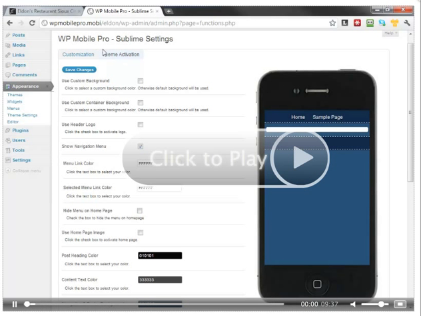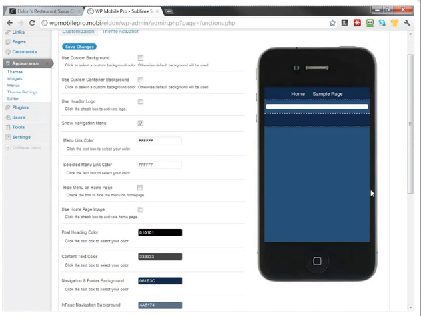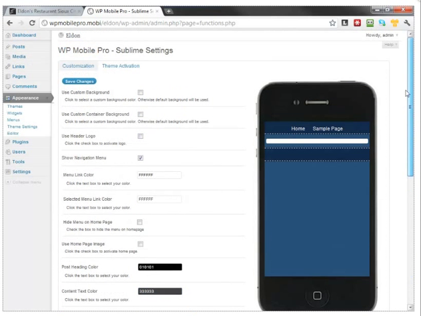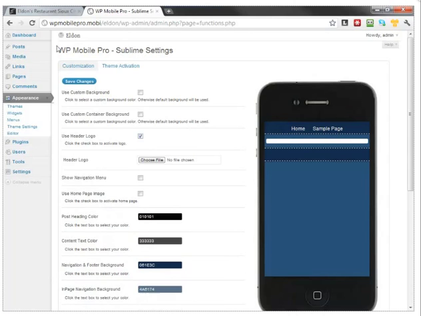So I've installed one of our mobile builder themes. This one is called Sublime, and this is what it looks like when you install it. This is in the theme previewer here on a mobile device, so you don't even need a mobile device. The first thing I'm going to do is upload a logo, and I'm just going